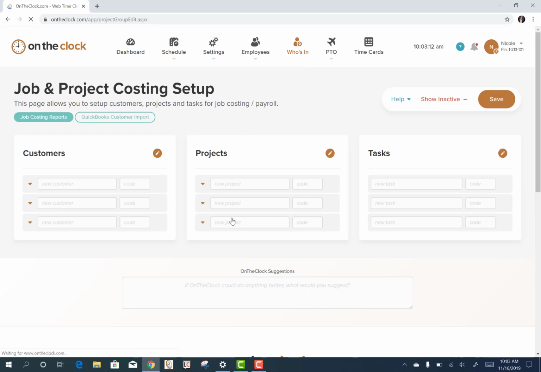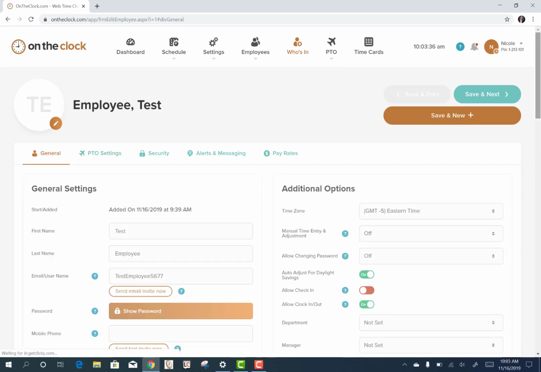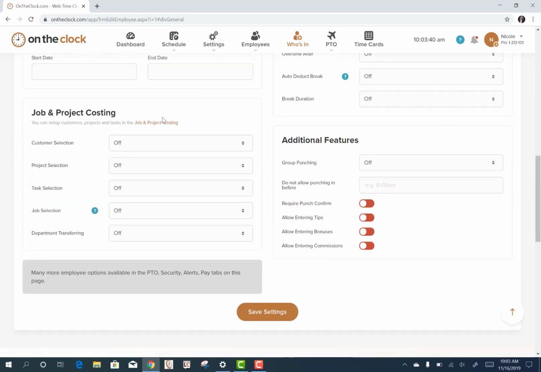Let's go down to this one to follow up with jobs. So here you may have the employee punch in under a particular customer, a particular project, or a particular task. This works very similar to the job setup where you type in the name of the customer and the code and click on save. So now if I go back here to the employee list, I'm going to select an employee, and in general settings, I'm going to scroll down, and under job and project costing, you may choose to